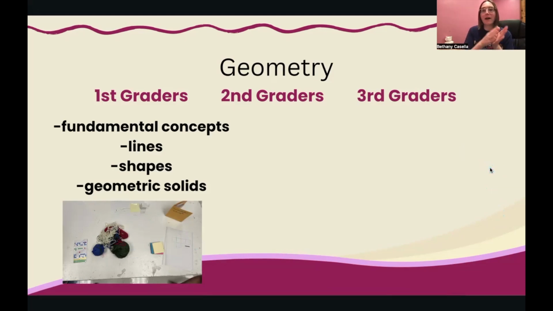And I know it doesn't seem like a lot for the geometry, but for the lines, there are five different types: the types of lines, the parts of a straight line, positions of a line segment, the positions of two straight lines, and the positions of a straight line, which is a different one. Between those, they'll get a presentation of that when they're ready for it and they see it on their map. And then the next geometry they'll see is a command card for that thing that they learned in geometry last. So it could be parts of a straight line and then a parts of a straight line command card. So they're cementing their work with that.